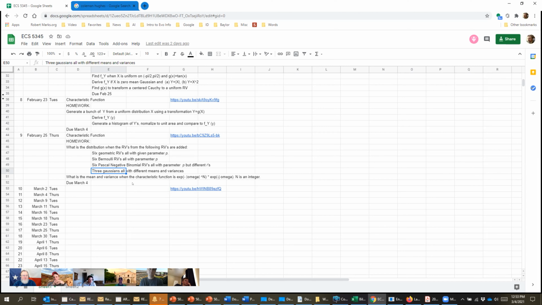Turns out it's true for the Cauchy. I should have assigned the Cauchy. Do you remember what the Cauchy characteristic function is? It's a Laplace. It's e to the minus, and it turns out if you add Cauchy random variables, you get another Cauchy random variable. So that's very interesting. Does that make sense to you? Okay, I think that's pretty fairly straightforward.